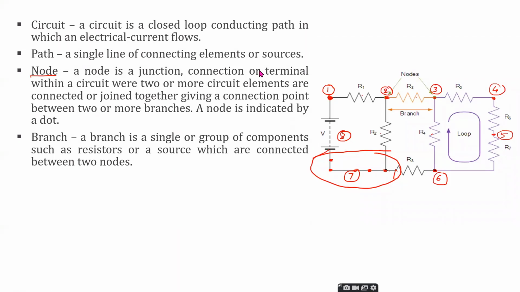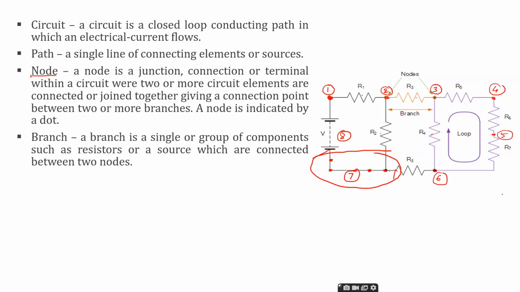What is a branch? It is an element connected in between the nodes. Simple definition. Based on that definition, can you tell me how many branches are available in the given network? Number 10. 10 is the right answer, because there are 8 resistors plus voltage 1 and voltage 2. In other words, a branch equals the number of elements, in simple definition. The number of elements available in the circuit is nothing but the number of branches, in simple words.